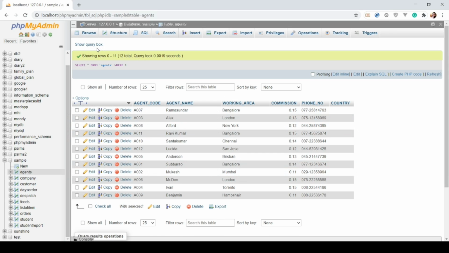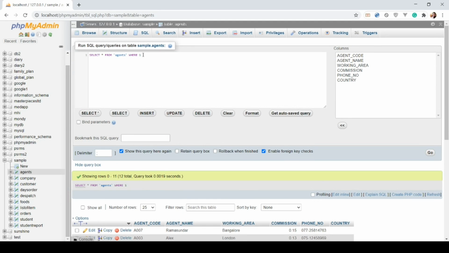But if you want to specify that only agent A007 data you are going to select, then in this part you are going to put the condition.